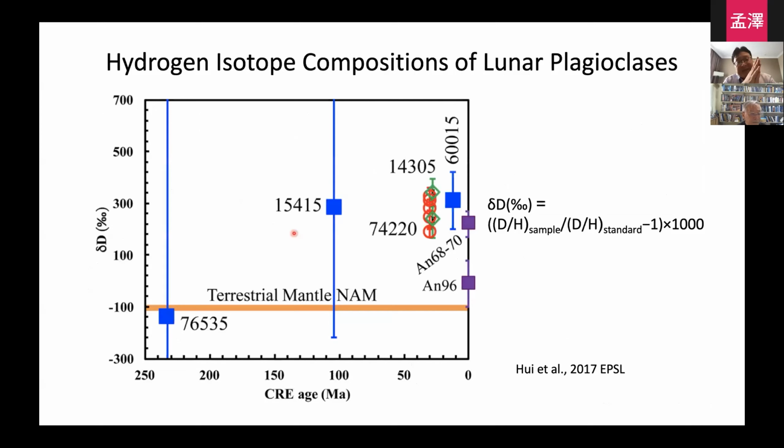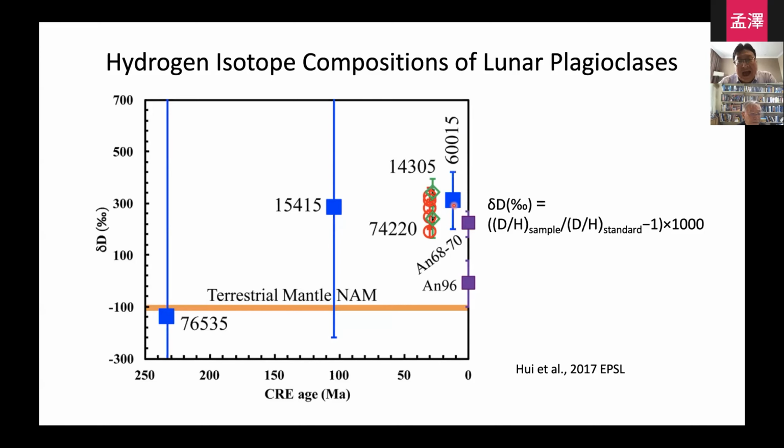For the SIMS measurements, we can obtain not only the water content, we can also obtain the hydrogen isotope compositions. So we analyzed the hydrogen isotope compositions in the plagioclase grains. As we showed in the earlier slides, the water content in these grains is very low. So for these samples, which were on the moon surface